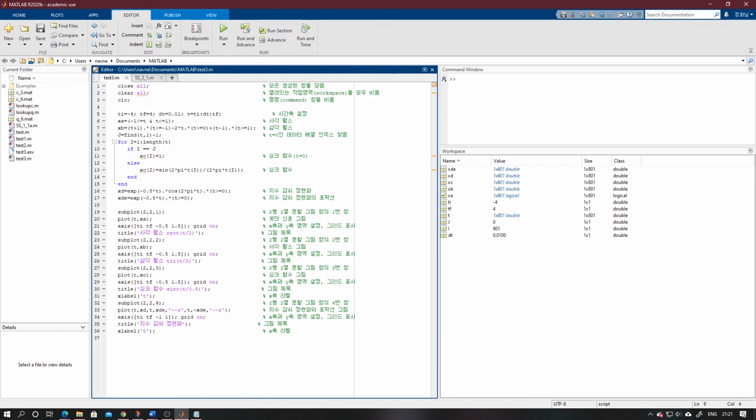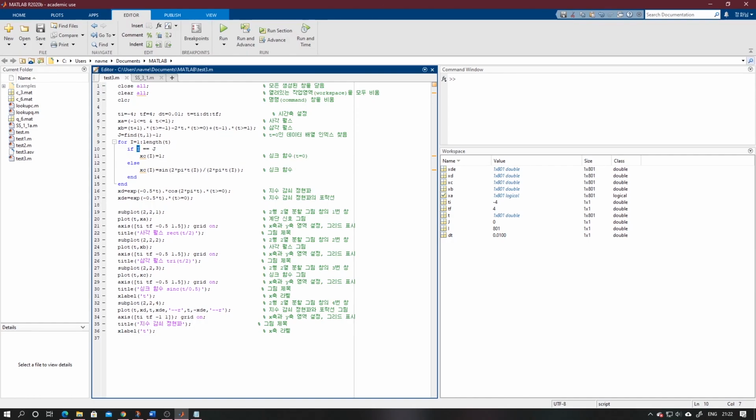For that we use a for loop. Here i is the index, from starting here to the length of t, till whatever length it will return, till that this loop will run.